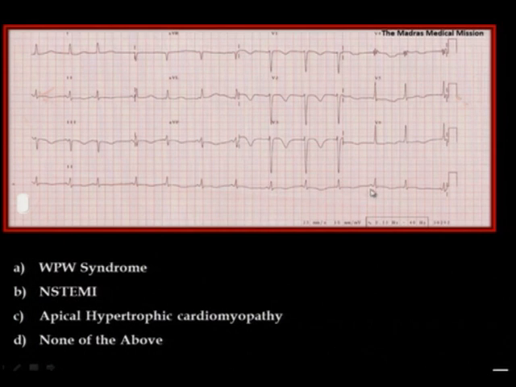So we are dealing with the dissociation of the atrium and the ventricle, which is not seen in WPW syndrome. So this is not WPW syndrome. Non-STEMI, well, non-STEMI could have been okay if there was a history, could have been there, but it is less often that there is T-wave inversion alone, and T-wave inversion associated with this kind of an isorhythmic AV dissociation and